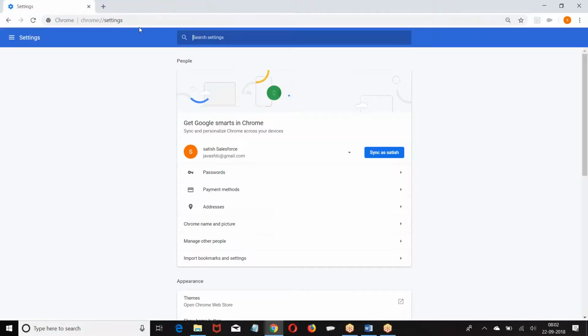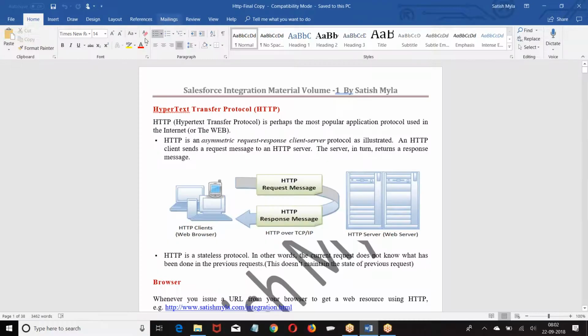Now, out of these, which protocol are we trying to understand? We are trying to understand the HTTP protocol. What is the HTTP protocol? Hypertext transfer protocol. Hypertext transfer protocol. So what are they doing? When you are going for the hypertext transfer protocol,